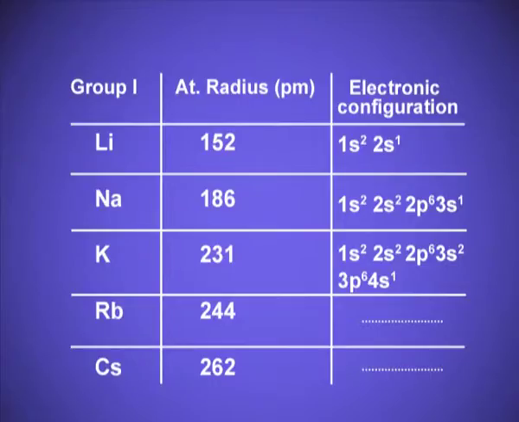Potassium 1s2, 2s2, 2p6, 3s2, 3p6, 4s1. Clear cut, there is a new shell added. All these factors are responsible for the increase in the atomic radii. Dear children, this increase and decrease in the atomic radii along a period and a group is very much clear to you, and you must understand before understanding all other properties, because all other properties depend upon the atomic radii.